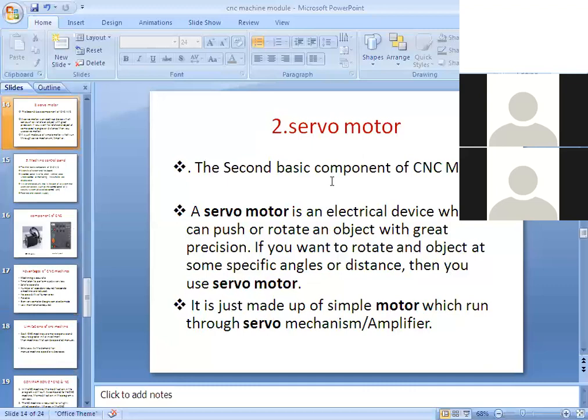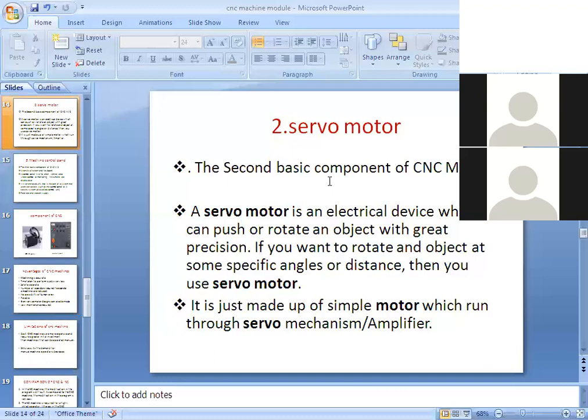Okay, see here, come to the second point. Servo motor, the second basic component of a CNC machine. A servo motor is an electrical device which can push or rotate an object with great precision.